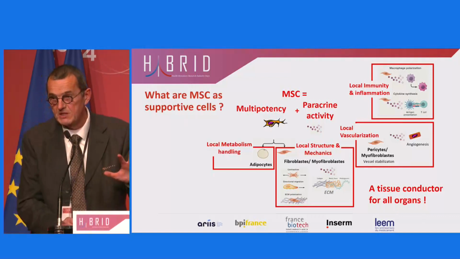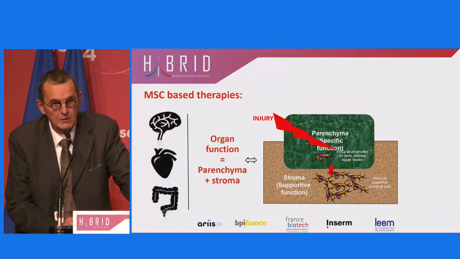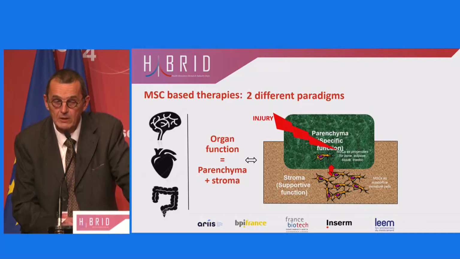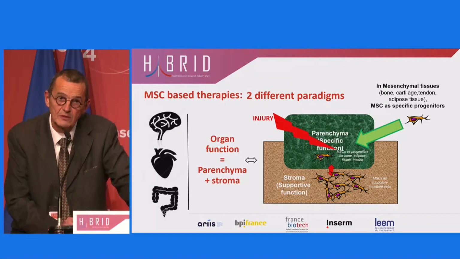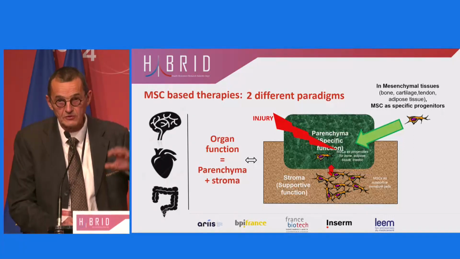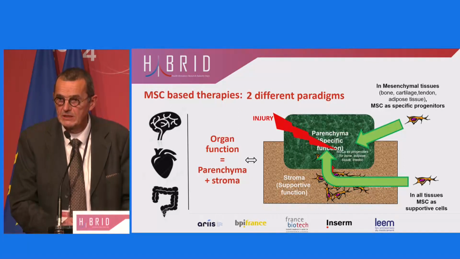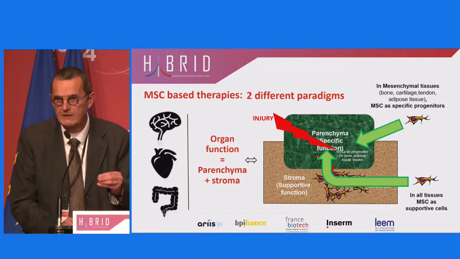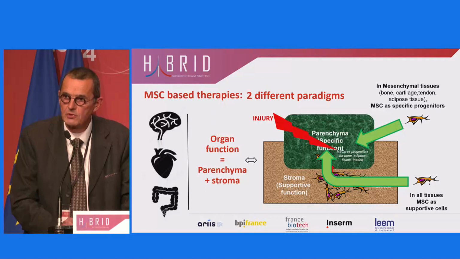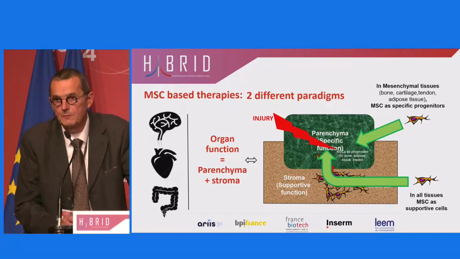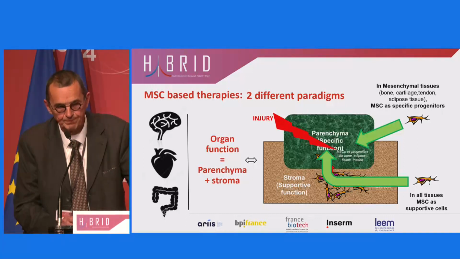And so, with such picture in the mind, if you think about MSC-based therapies, it's necessary to consider two quite different paradigms. The first one, of course, is to use MSC as progenitors for specialized cells. It's a first option. The second option is to use them to indirectly recover or to indirectly correct some tissue dysfunction or some function impairment. And so you can use MSC for their role as supportive function, and a role as conductor for any tissue. And in fact,